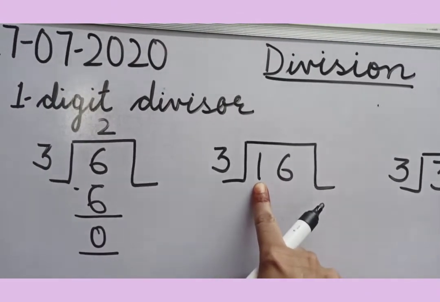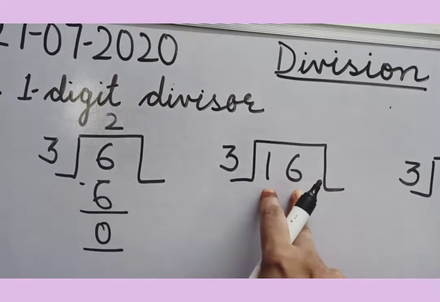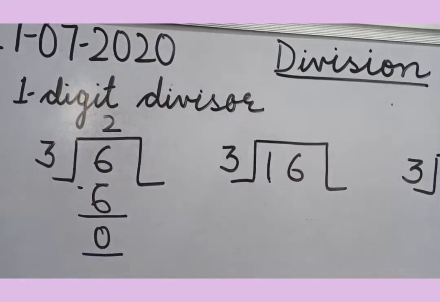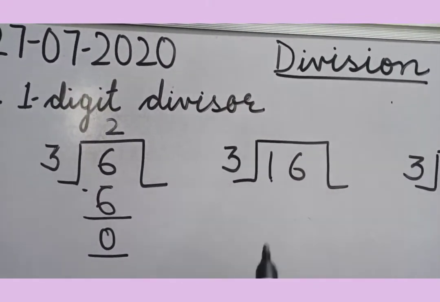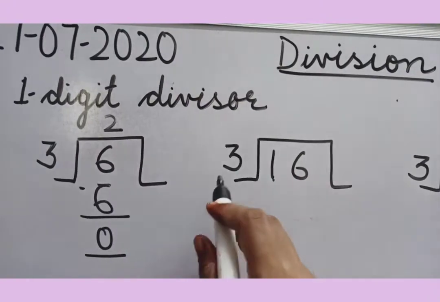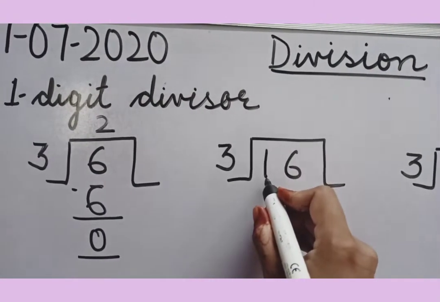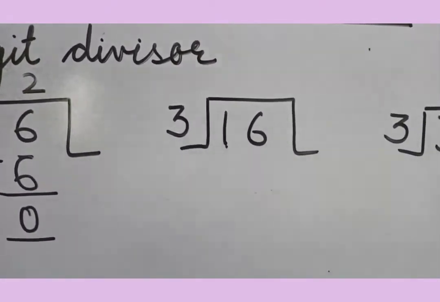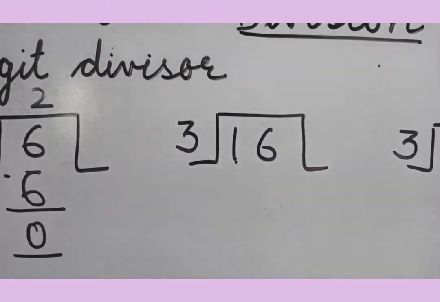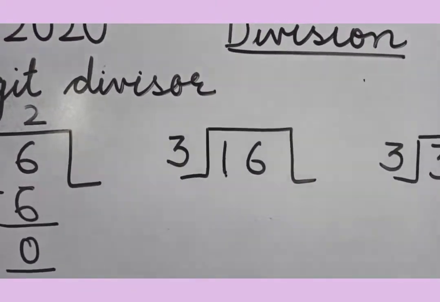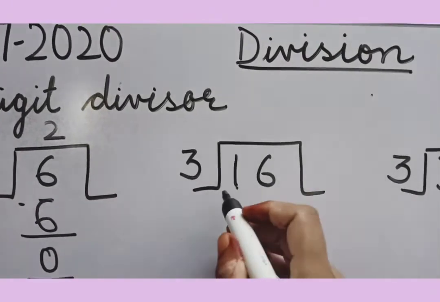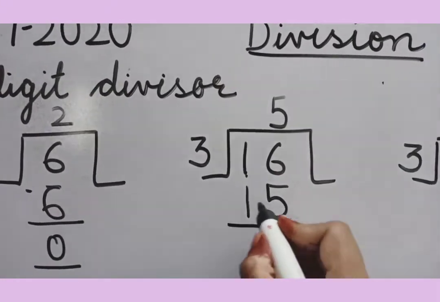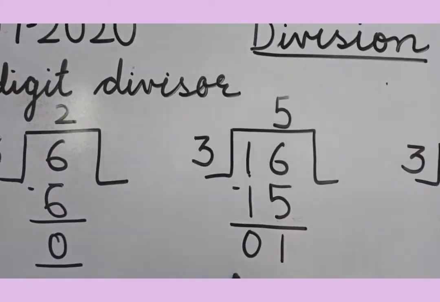Now in the second method we are having 16. Now please try to understand the rule of taking two digits together is possible if the first digit is smaller than your divisor, because I can say 1 doesn't come in 3's table. So to make this 1 a greater number, I join 6 also along with it and it becomes 16. So whether 16 comes in 3's table, let us see that, and you will say no, it doesn't come. So I will write 5, 3 5s are 15, and the subtraction will give you the answer 1.